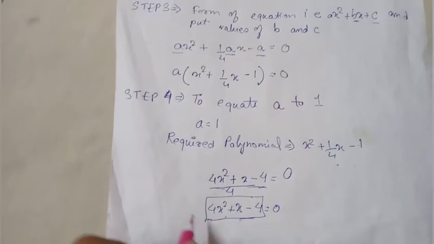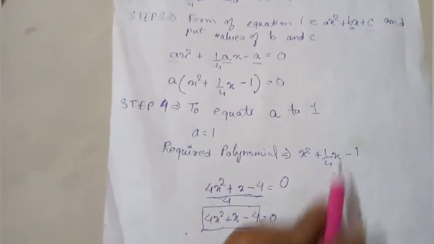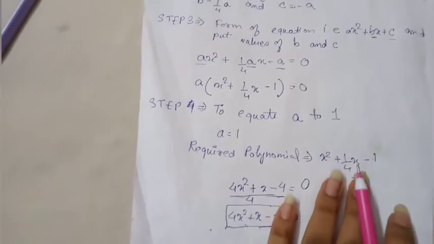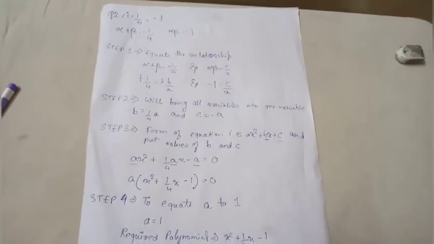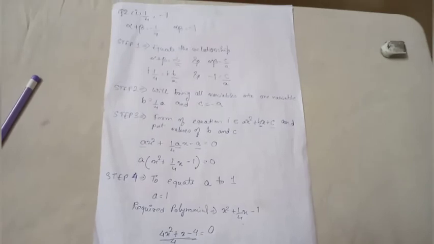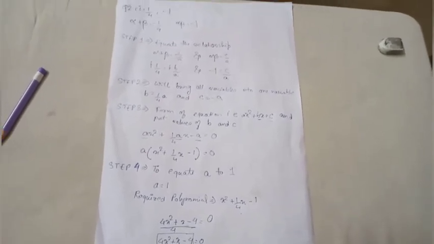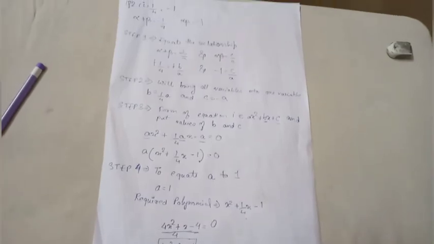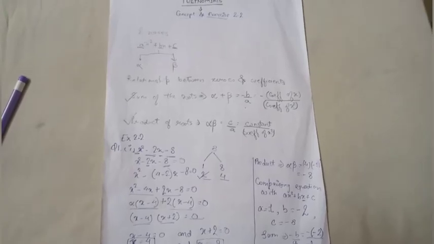So no need to worry, this is also correct and this is also correct. Just the form of writing is different. If the answer is given in this form, you can just multiply it, and if it is given in this, you can keep it here only. So you can have a look over it and make a note of these steps. It will be very easy, and you can do any sum in minutes with the help of this.